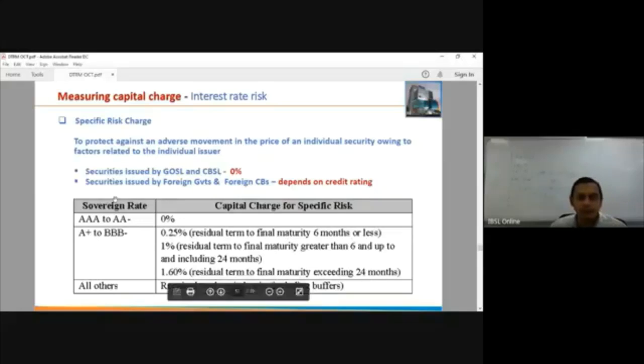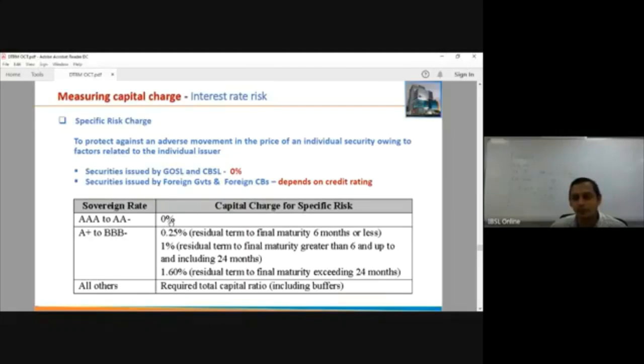specific risk charge. So securities issued by government of Sri Lanka or the central bank, specific risk charge is 0%. But the security issued by a foreign government or a foreign central bank, right? If it's only the local government and local central bank, specific risk charge is 0. But if it's a foreign government or foreign central bank, it depends on the rating of that country, depending on the sovereign rating, right? Then if the sovereign rating falls between AAA to AA minus, the capital risk charge is